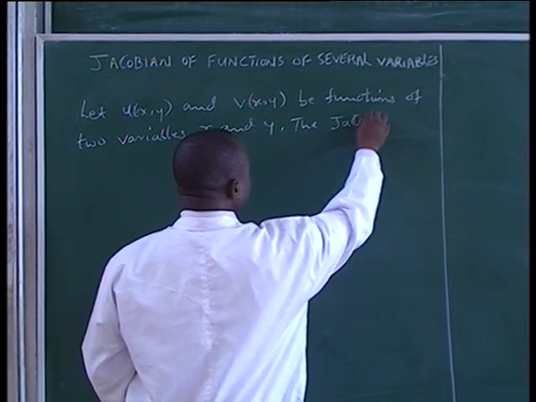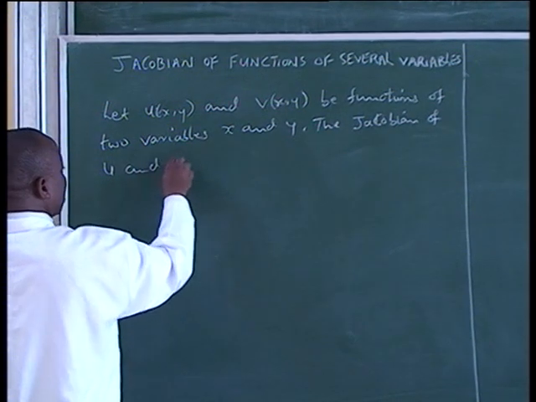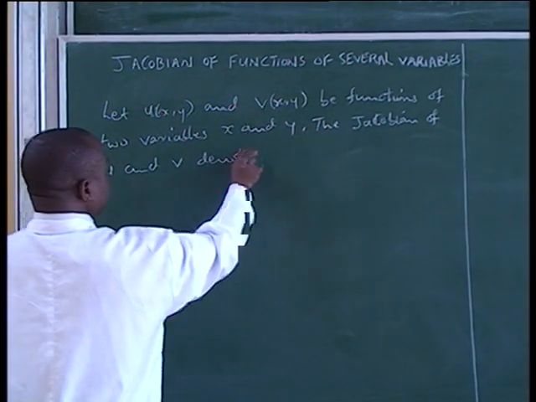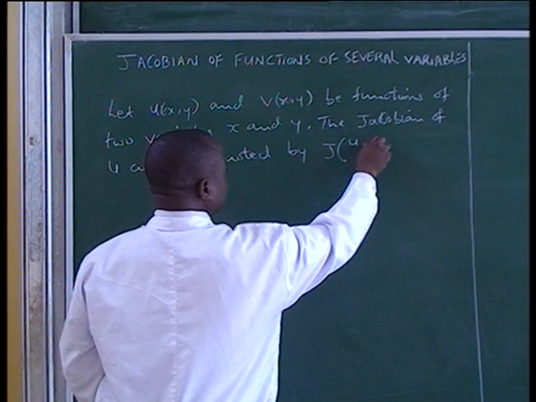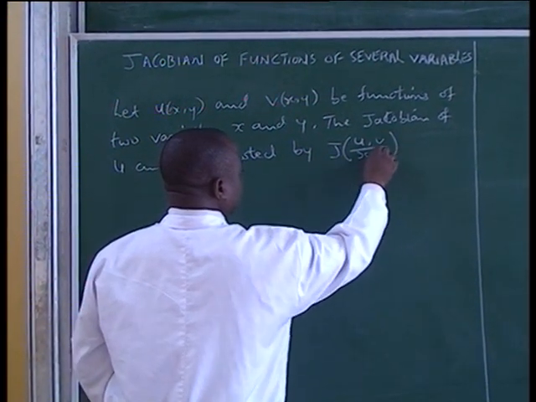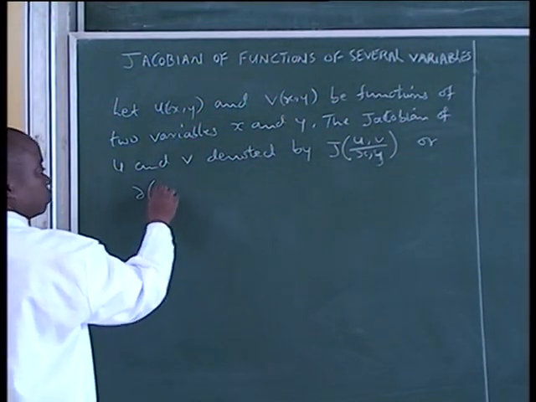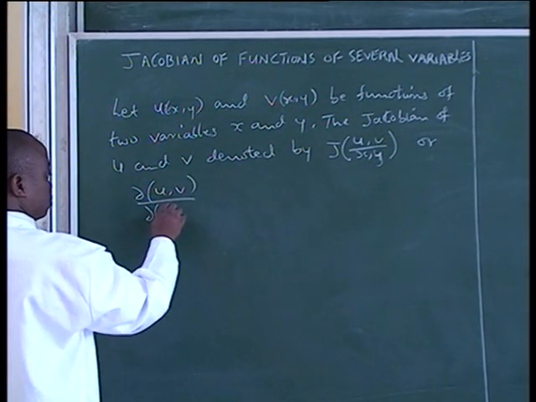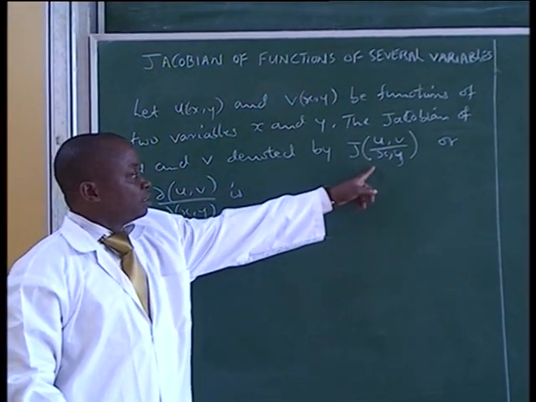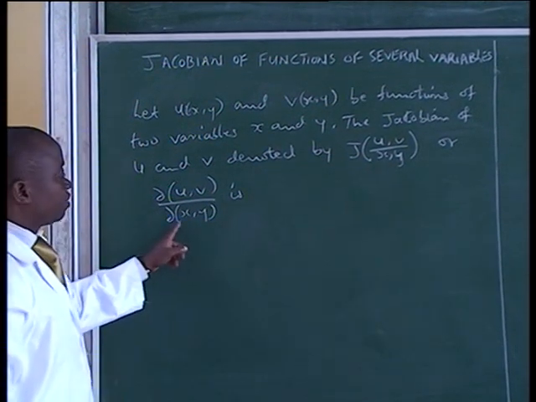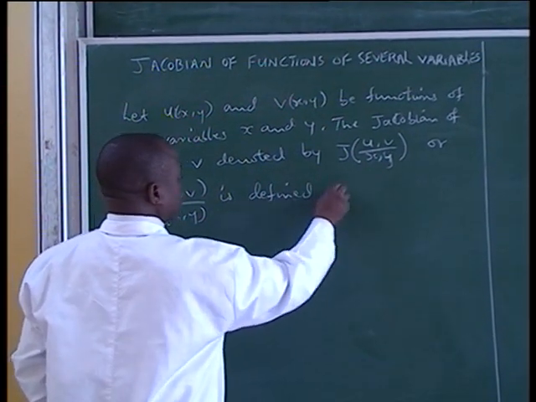The Jacobian of u and v, denoted by this symbol, or you can write it this way, is defined as